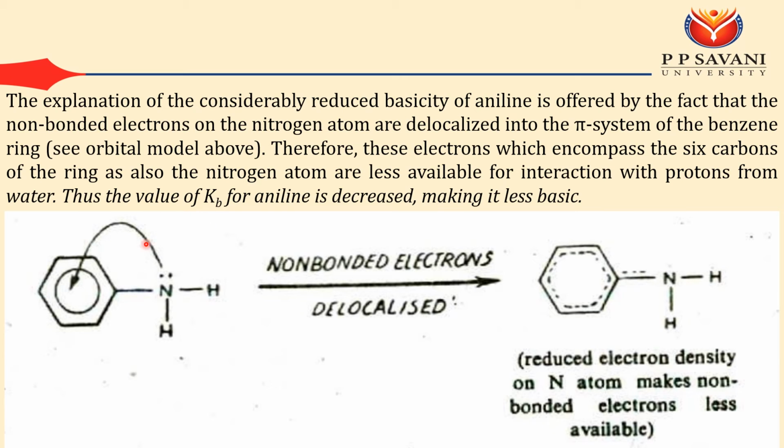Okay, so once this is incorporated into this 6 pi electron system, this lone pair of 2 electrons also acts as a part of this pi benzene ring. Okay, so the basicity of aniline is reduced because the non-bonded electrons on the nitrogen atom are delocalized into the pi system of the benzene ring, and therefore the electrons, which encompass the 6 carbons of the ring as well as the nitrogen atom, are less available for interacting with the proton of the water. Okay, so that's why